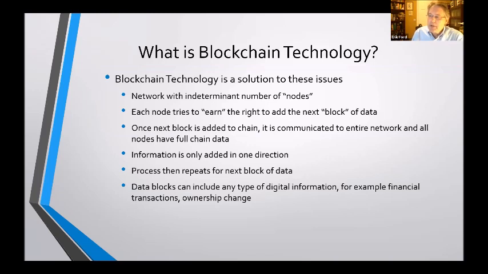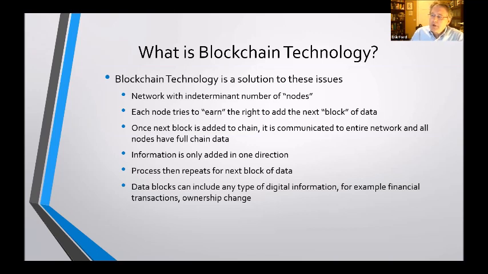Information is only added in one direction. If you think of the data as a link in the chain, once that link is added, it can't be taken off. There are various methods for fixing errors and things like that, but that's probably beyond the scope of this introduction. Generally speaking, think of the information as being added only in one direction. And therefore, that helps to alleviate the concept of fraud, double spending, and some of these other things, because you can't go back and say, I've got a branch of the chain that looks one way, and another that looks the other, and they don't match.